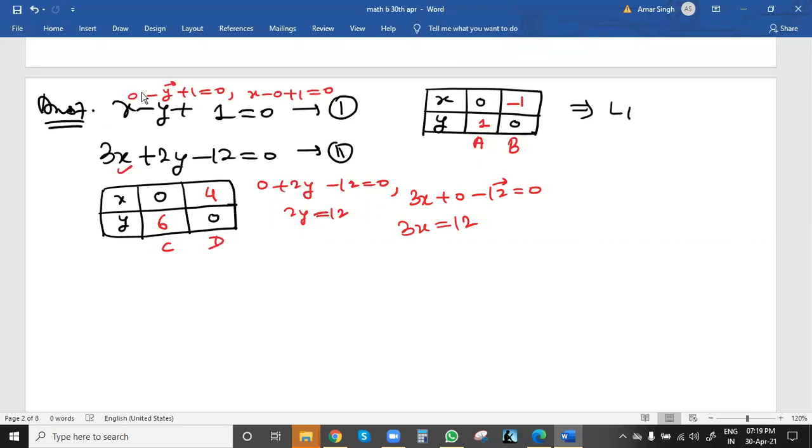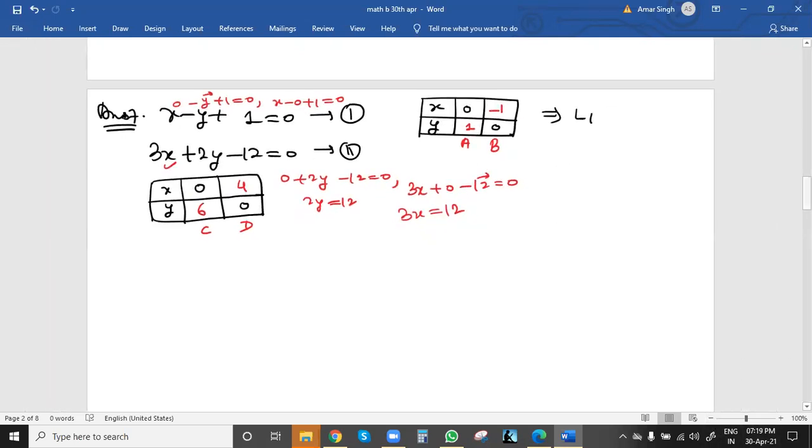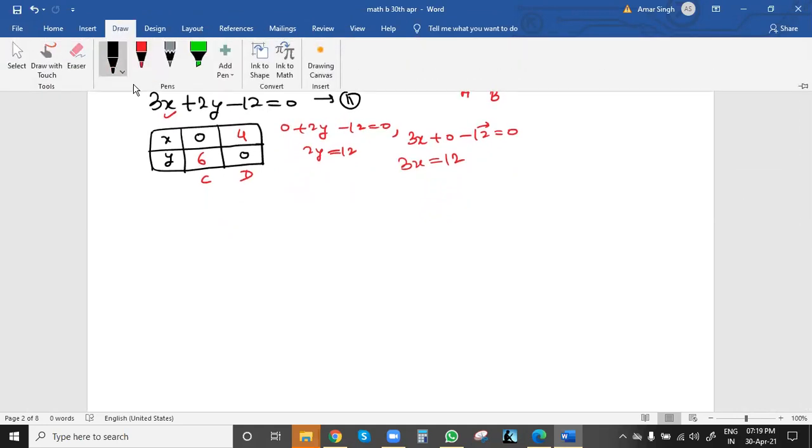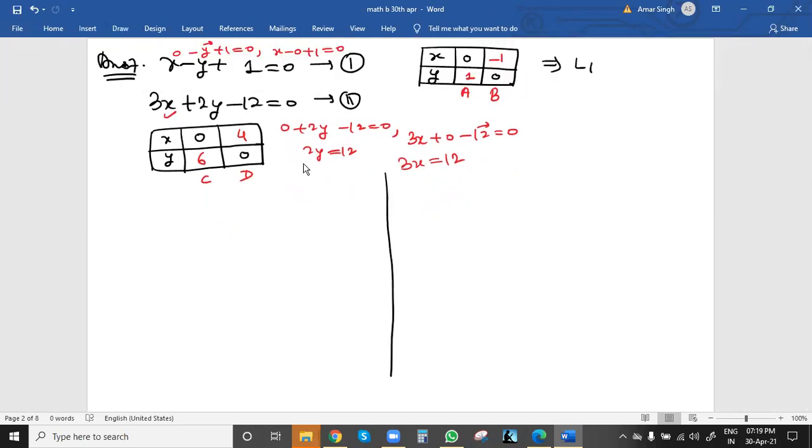So we got half of the work done. Now we just have to plot these values on the graph paper to draw the final lines. So we will draw a straight line. Because graph paper will not be provided to you in the examination, it is better to practice in a notebook.